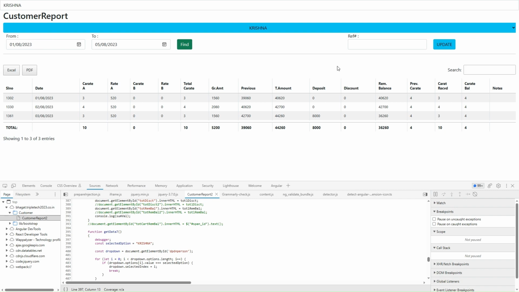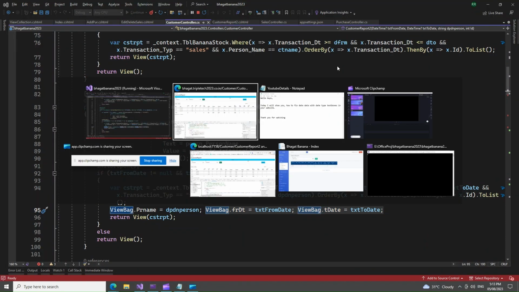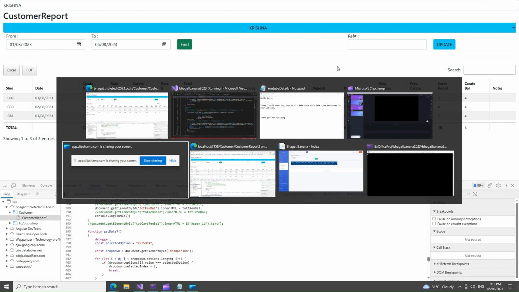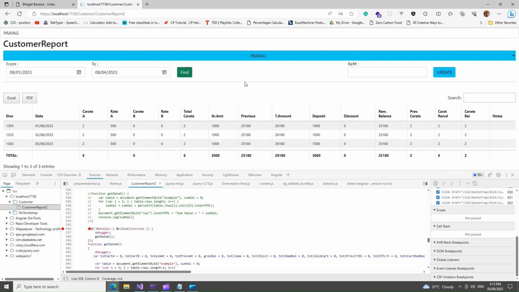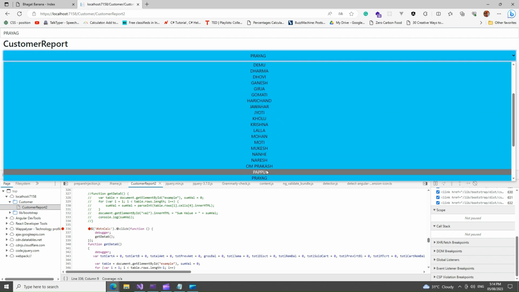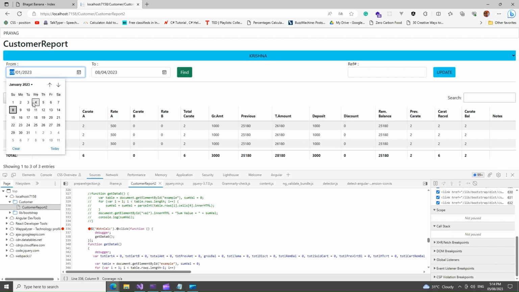Let's come back to my local one. This is the local one. You see it has month, dd, and year. The server has a different type of setting and the local one has a different type of setting, though I'm using the server to get the data. My connection string has the server's IP address to fetch that data even if I'm running the program locally. Here you can see, the same person, suppose Krishna, and I'm taking